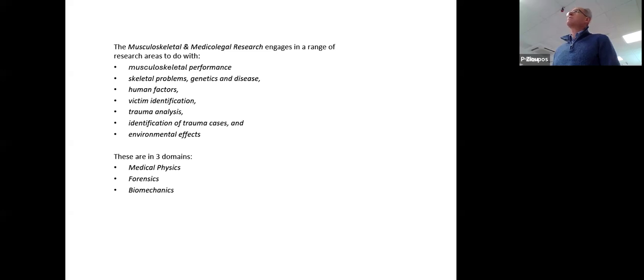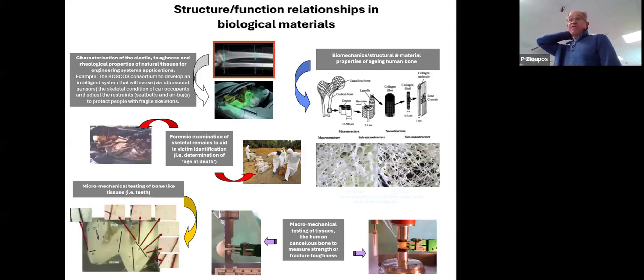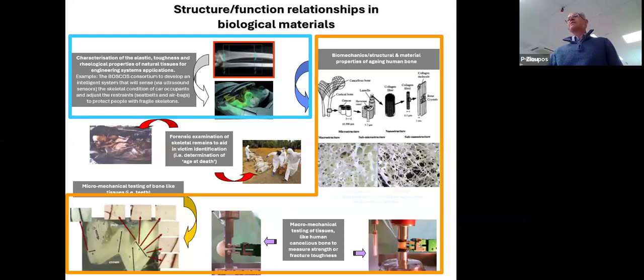So basically that fits into three main domains, which is medical physics, forensics, and biomechanics, right? So the basic science is the science of bone and tissues, but of course it finds application and translation in all these fields, right? Okay, so, right, so some first visual in one slide, a visual of all these structural function relationships and science of biological materials. So the three areas, as I said, is